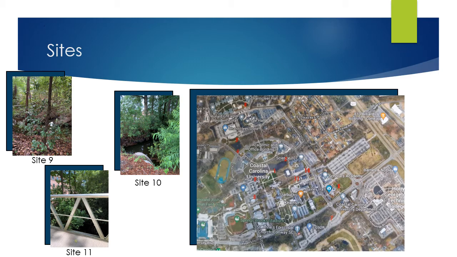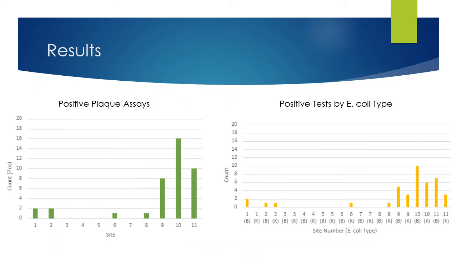This would have an effect on our results later on. So here are our results. We collected for a total of 13 days spanning from June 3rd to July 26th. You can see on the left here that our positive plaque assays were most common in sites 9, 10, and 11, which remember were all located along an untreated drainage ditch. And then you can also see that we had some positives in 1, 2, 6, and 8,